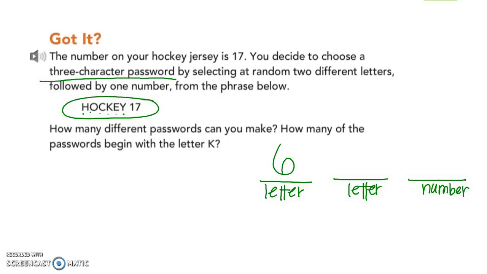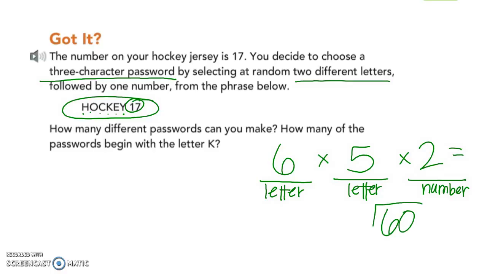And then for the second letter, since they tell me that I have to use 2 different letters, if I already used a letter in the first character of my password, and they want it to be different, that means how many choices do I have left for the second letter in my password? I've already used 1 letter, so I just have 5 choices now for the second letter. And then how many number choices do I have? I just have these 2 choices. So I put 2. And then I multiply to find the total different combinations. So 6 times 5 is 30, times 2 is 60. 60 different combinations of